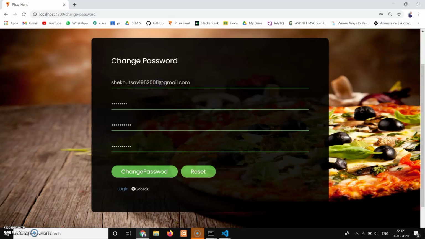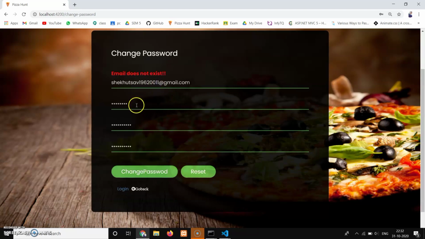If I enter an invalid email, then the message shown is email does not exist. If I enter an invalid old password, then the message is incorrect old password. Now we have to enter the new password, and if the new password and confirm password are not the same, then the message is password doesn't match.